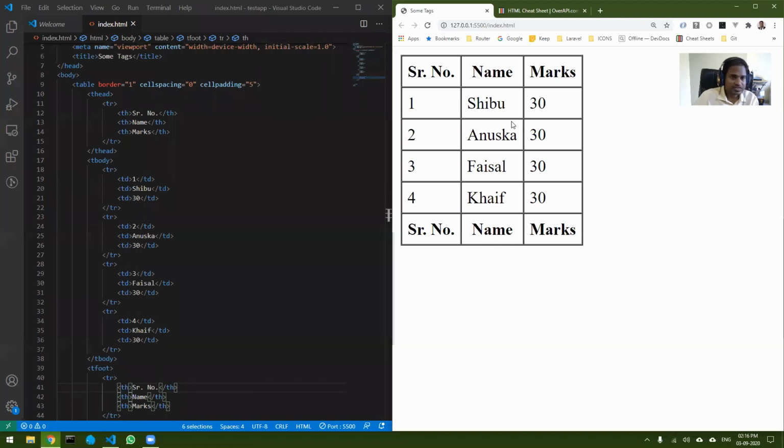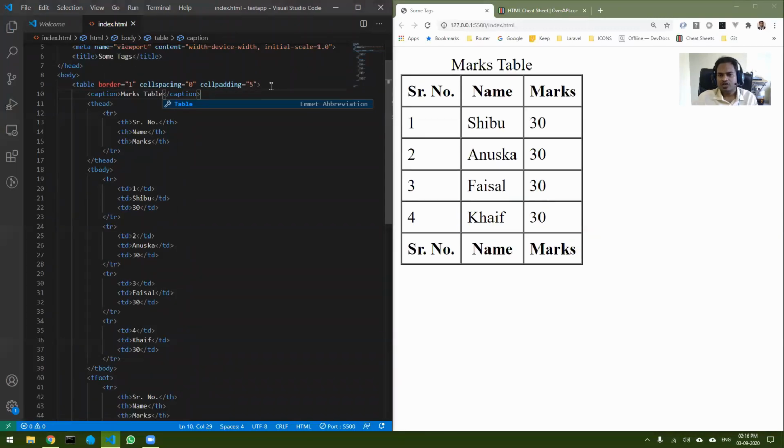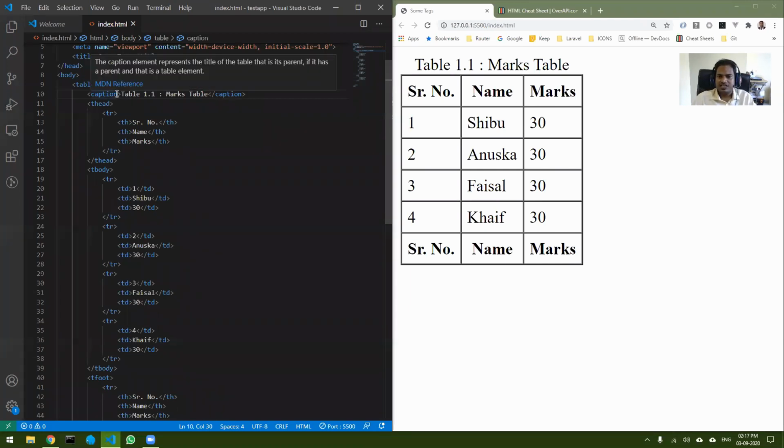Okay, so the next part is, another tag that can be added inside table is called caption. Now caption again helps to tell the search engine what the title of your table is. Basically you must have seen this everywhere in every book that you study. It will be written something like this: Table 1.1 colon. So that is done with the help of caption. The styling of the caption can be done again using CSS. That is not an issue.